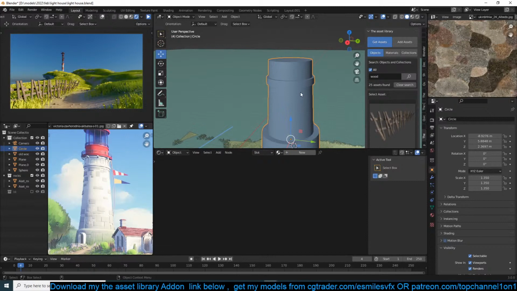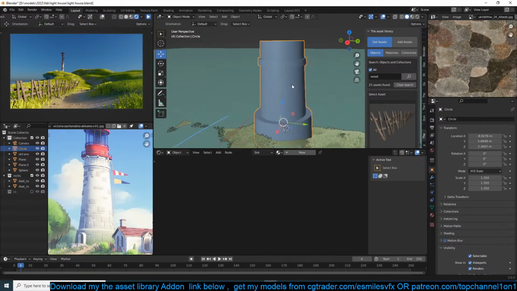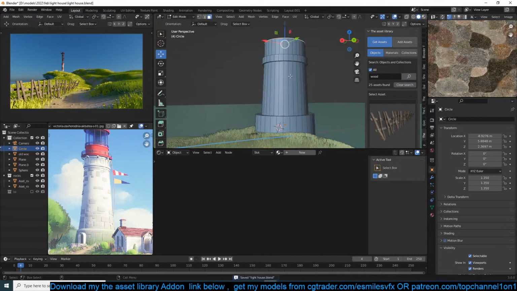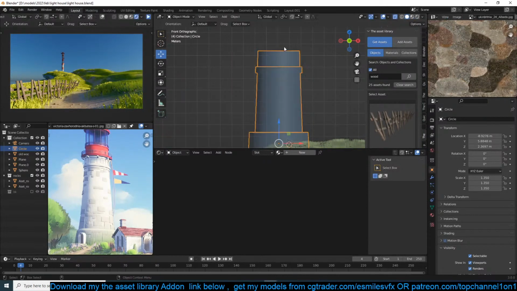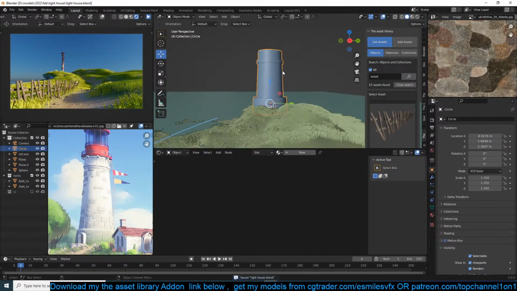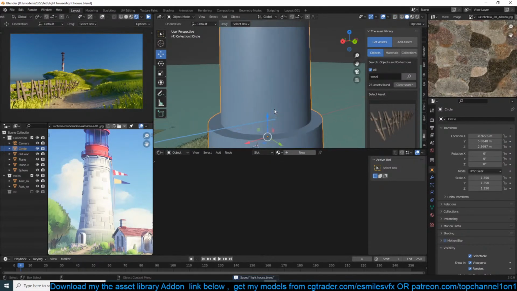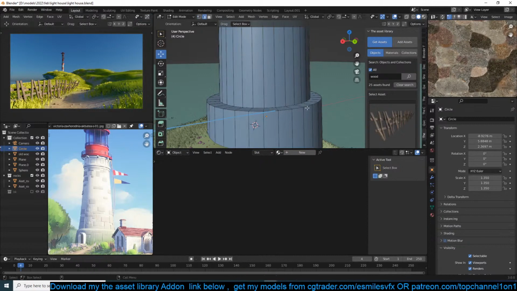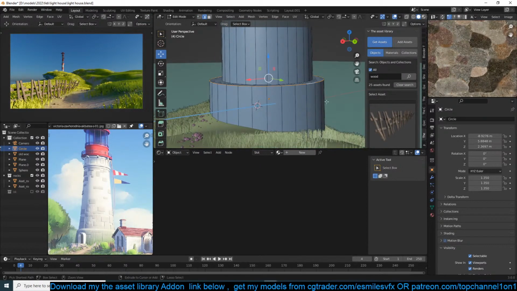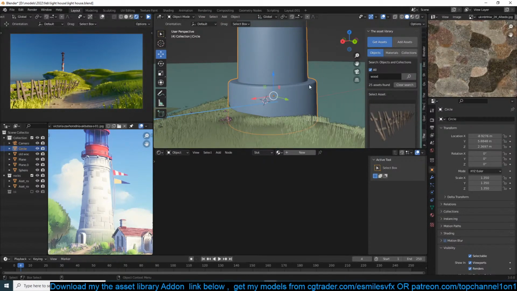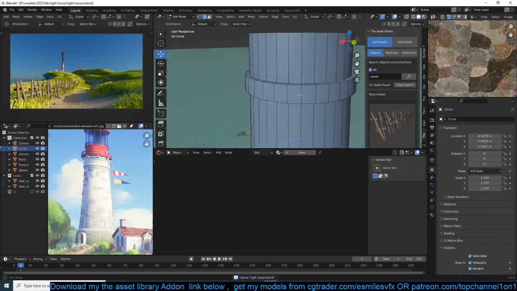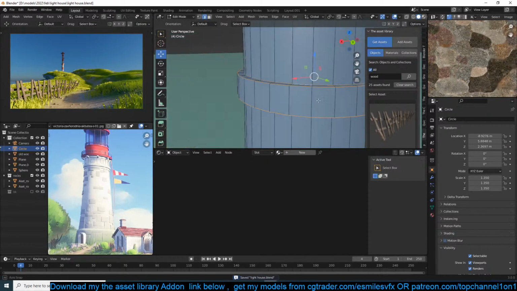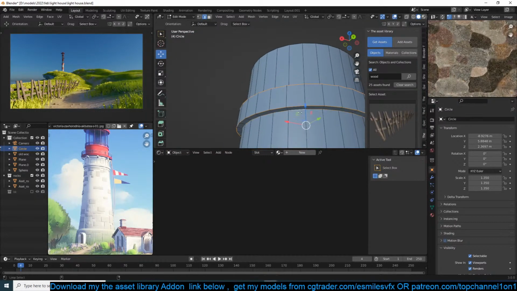Which one is easier to create environments, Blender or Unreal? So with Unreal, setting up the environment is very easy, and making the environment look good in Unreal is very easy. The issue with Unreal is that you have to have all the models pre-made. You can't make models like this in Unreal Engine, so you need to have them pre-made. So that is kind of an unfair question for Blender, because